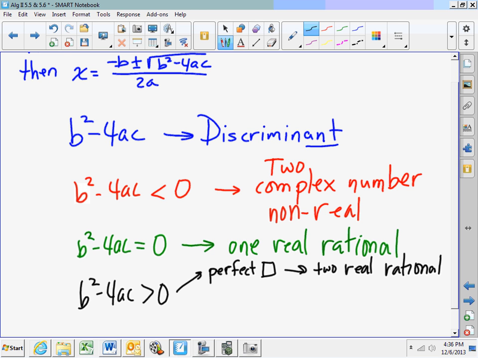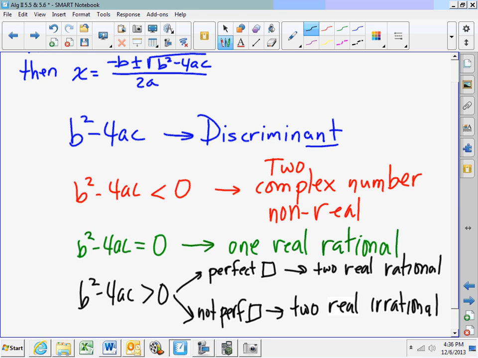You can take the square root of it and you'll get a rational number. Now, if it's not a perfect square, but it's positive, then you will get two, because they're different. Even though you're taking the square root and getting a rational number, you'll be adding once, subtracting once. You'll get two real irrational